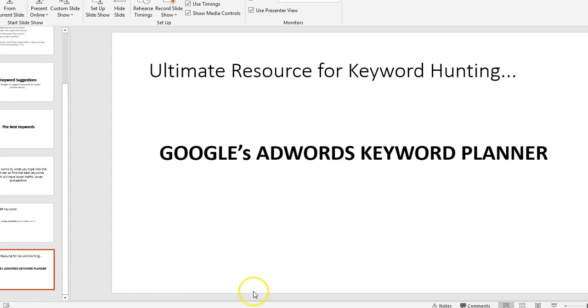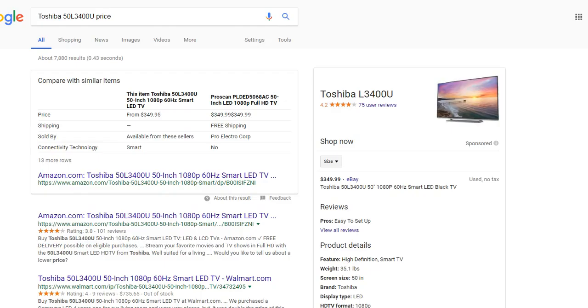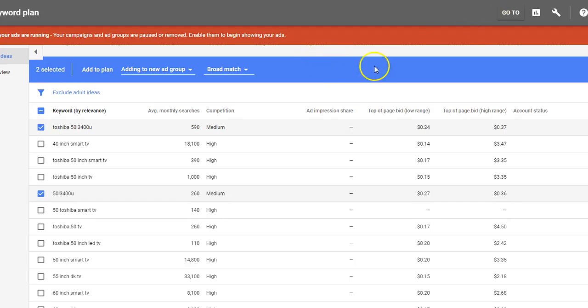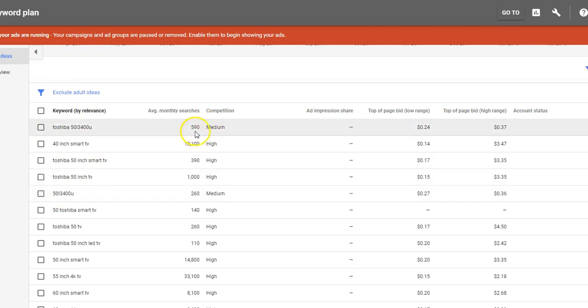So let's go there. So now I'm in the Google keyword planner, and I've already typed in Toshiba 50L3400U. And I can see that there's only 590 searches. Now, what you want to typically go for is between 1,000 and 10,000 searches per month. But because this is so specific and the cost is higher, we can get away with this 590 searches a